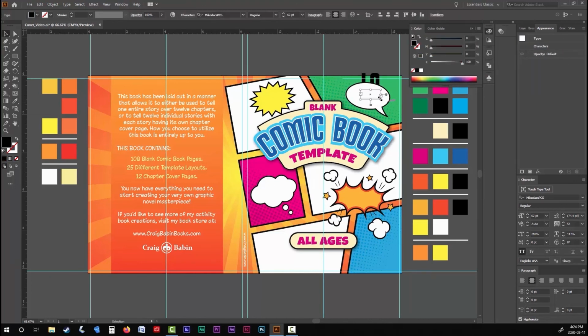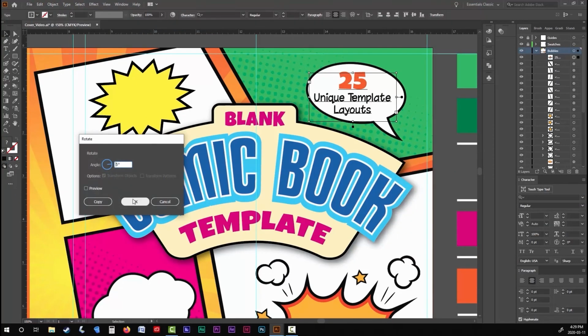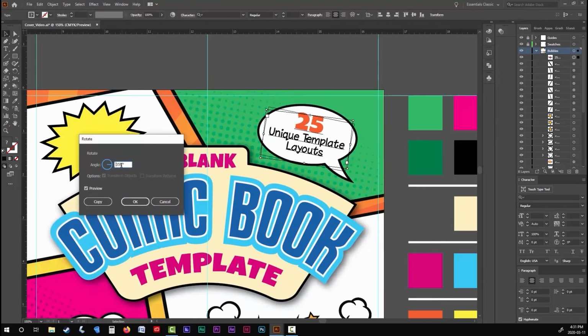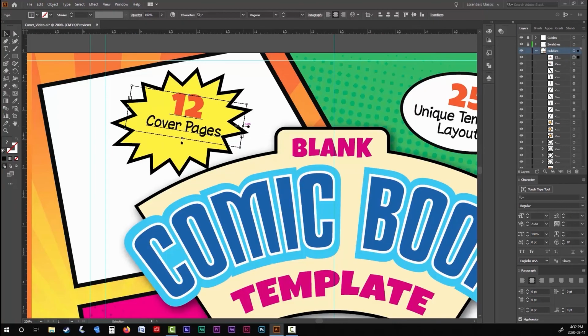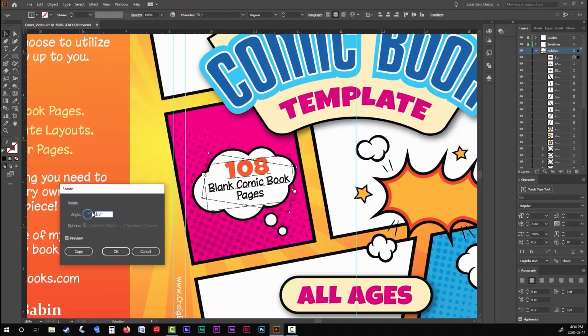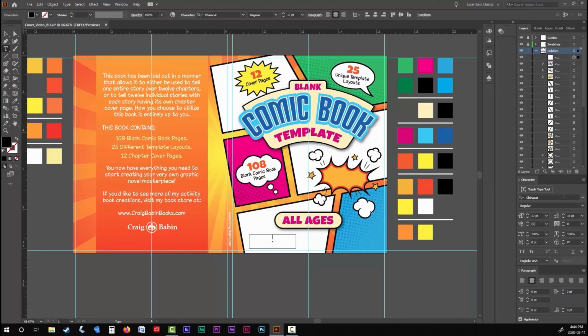Also, since you have all of those empty speech bubbles and thought bubbles on your cover, you may as well use them to give further details about your book, like the page count or any other details you think are important. Use your cover space wisely. As for the back cover of your book, give a brief description as to what the book is about and let people know what they can expect to find inside of it. But whatever you do, don't leave a lot of empty space on the back. Your back cover is prime advertising real estate for you to promote yourself.